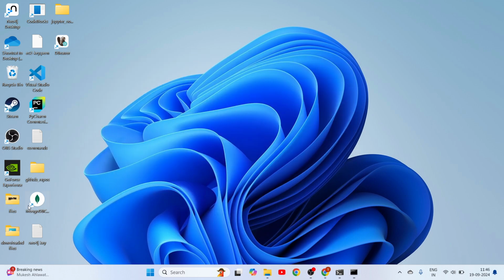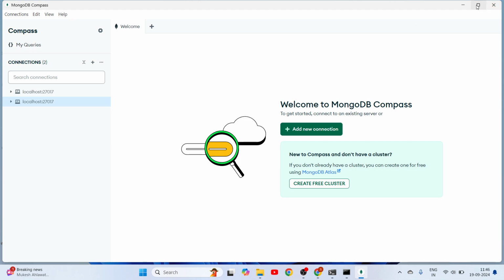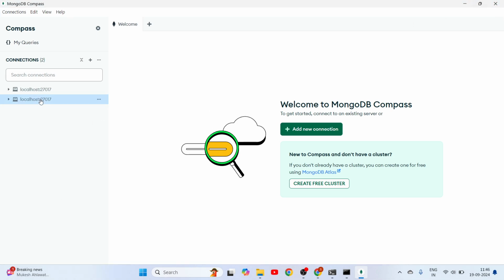So now maybe let's also look at the data, how the data looks, using MongoDB Compass, which is a graphical user interface for accessing this data. Here we have already added this connection. If not, I can show you. I'll just remove this connection